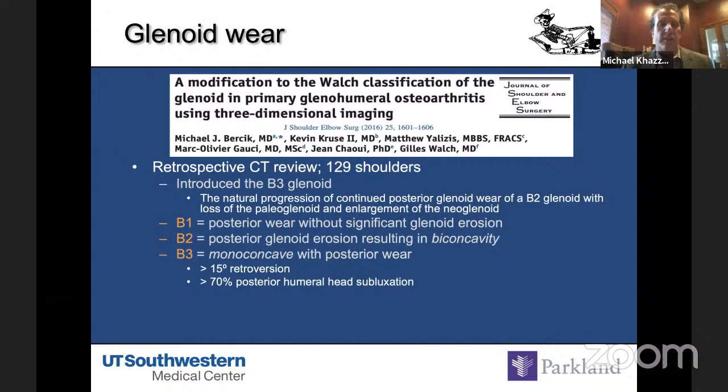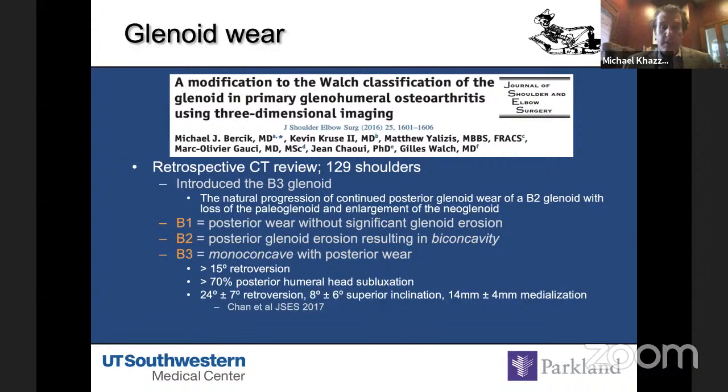And so the characteristics of a B3 glenoid is monoconcave with posterior wear, usually greater than 15 degrees of retroversion, greater than 70% posterior humeral head subluxation, and the intermediate glenoid typically is greater than 24 degrees, and we'll review what that means in a minute. But it means that the entirety of the glenoid has significant retroversion past 15 degrees. There's usually some superior inclination that has occurred because of the medialization, and then the joint line medialization is usually about 1.5 centimeters. And these all have prognostic indications as to outcomes of how to reconstruct the glenoid during either anatomic or reverse